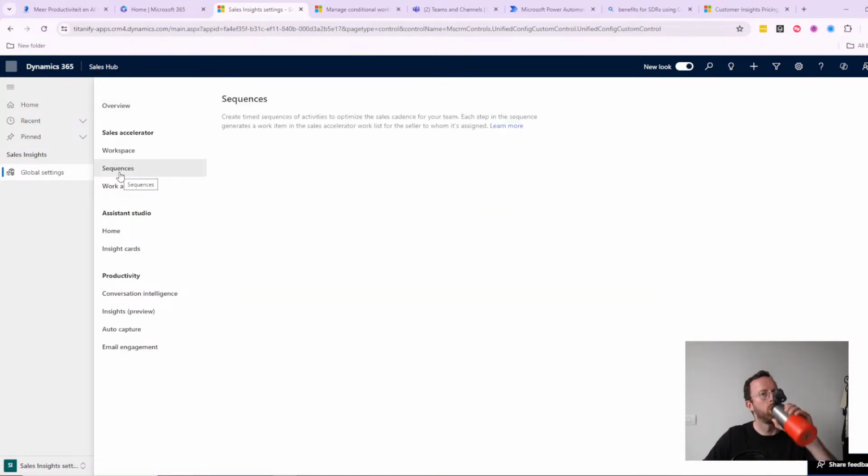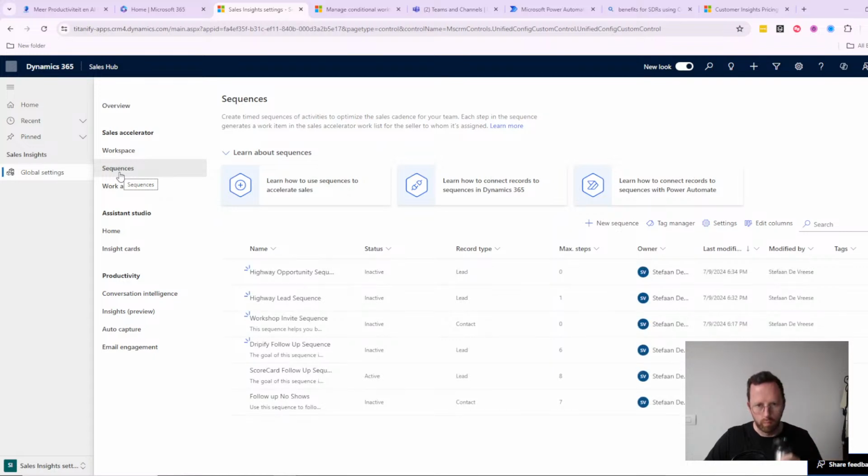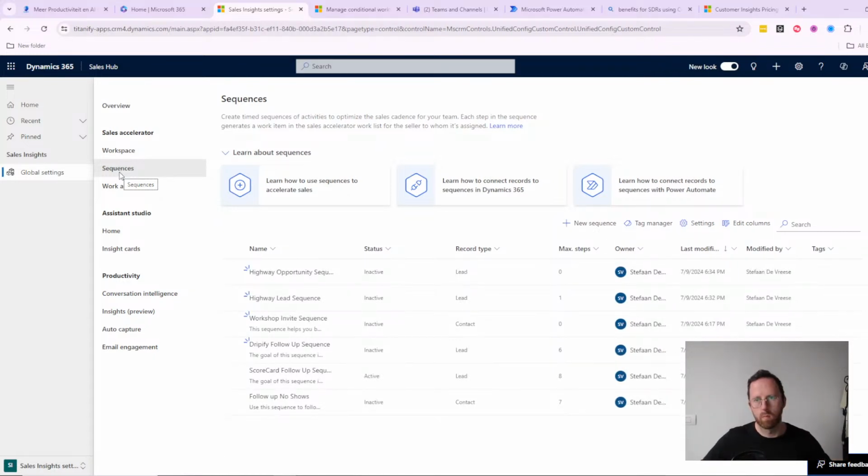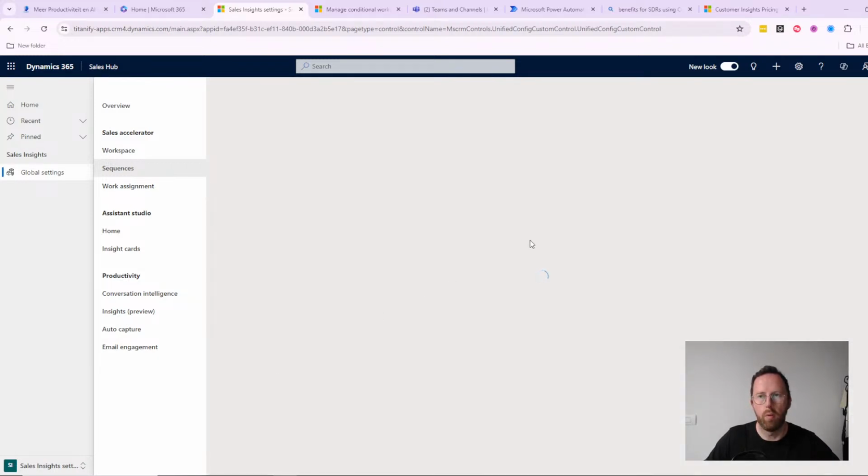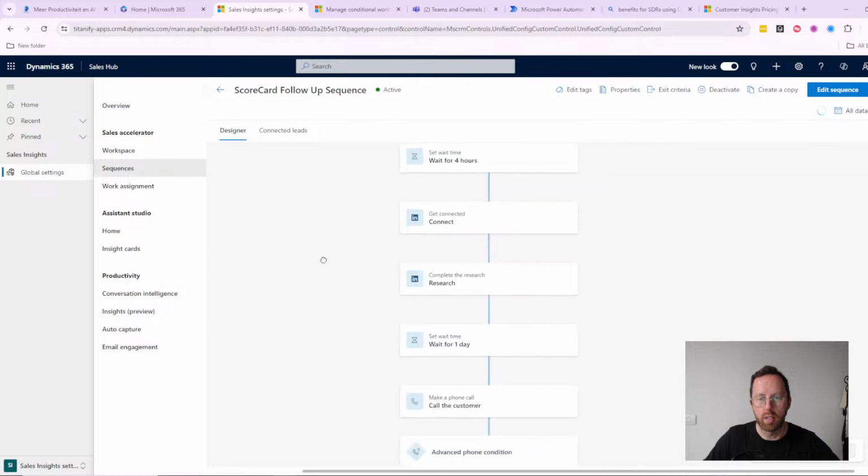Sequences. So the opportunity sequence will be run when they book a sales call. So then within the scorecard follow-up, we can say